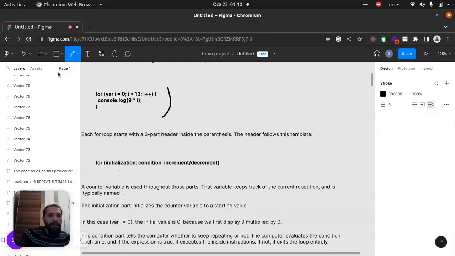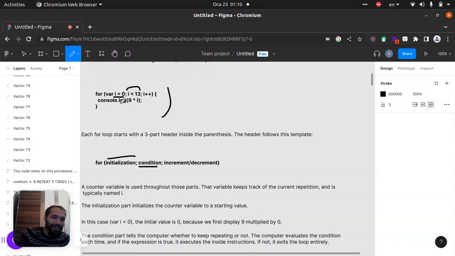Just see here we have var i equals 0, if i less than 13. Then we will increase it with i plus plus. Initialization means var i equals 0. This is the initialization point, the initial point, okay? And the condition part is the second part, in which we are asking the computer